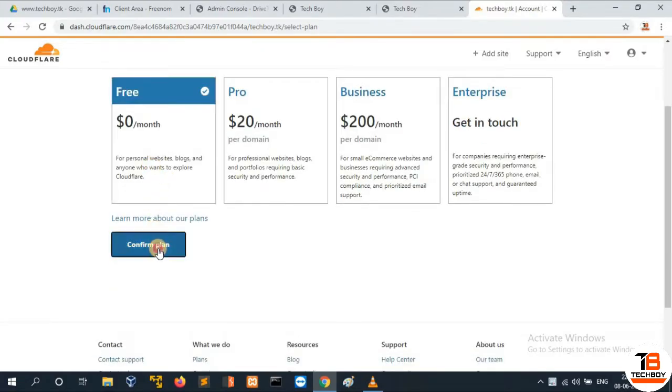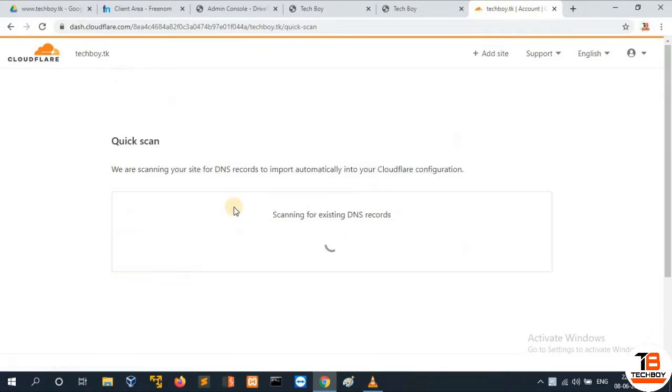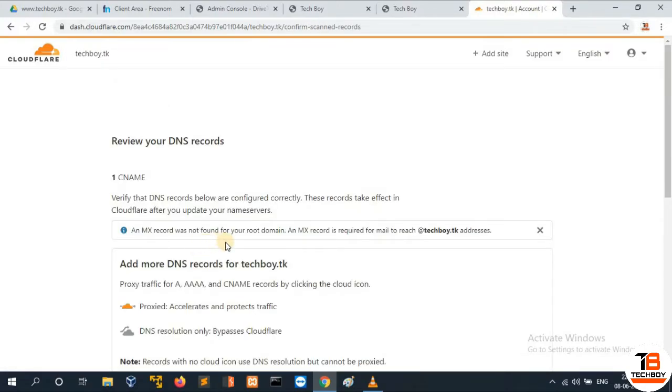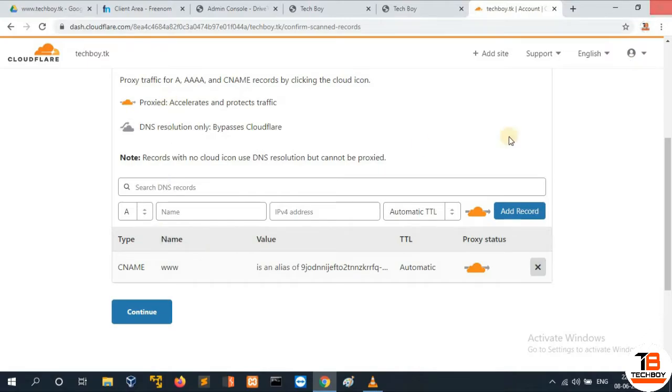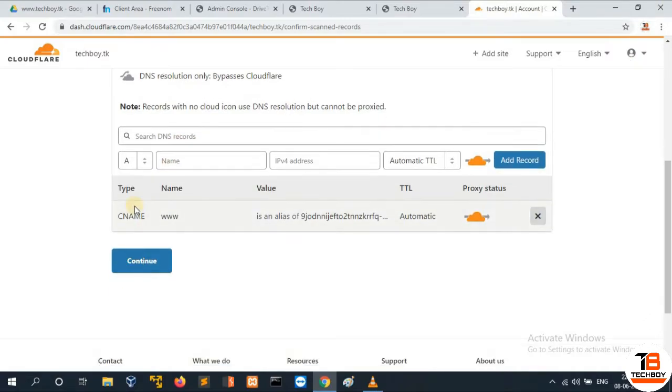Select the free plan and confirm it. It will automatically import the CNAME and we have to add a new TXT record.